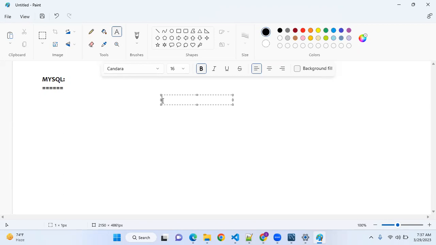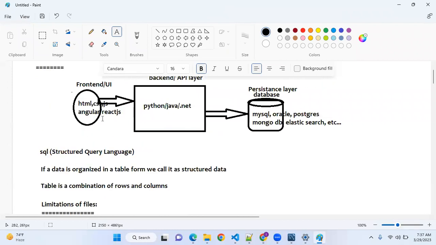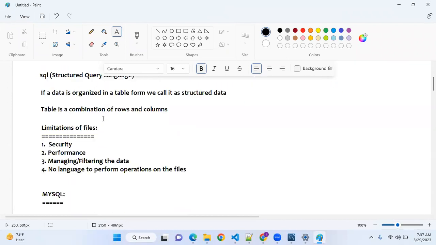But as a developer, it is very important to learn at least the basics of any one database. That is highly recommended. Do not ignore it. It is very important and very easy also. You will definitely love it. When compared to Python, SQL is very easy. You will definitely love it. But practice is very important. Okay, now let's discuss MySQL.